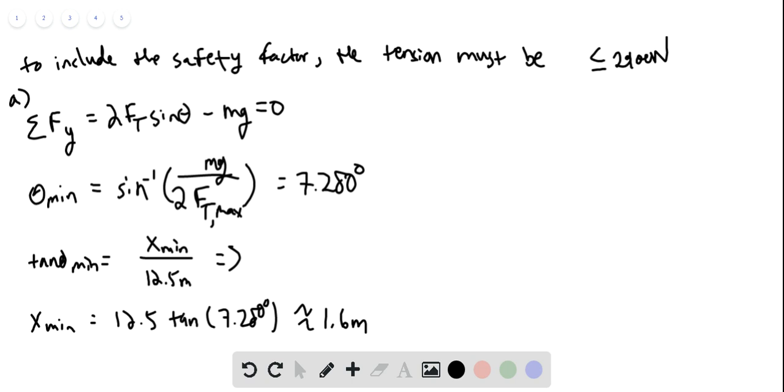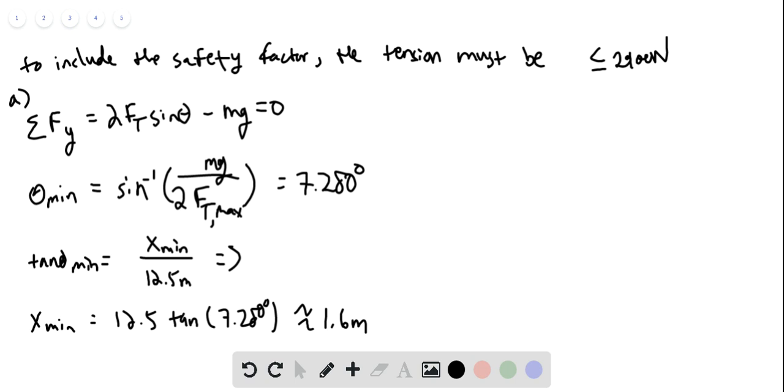And so we have the exact same equation from problem 75, 2 times the y component of the tension, which is just Ft, the tension force, multiplied by sine theta, subtracted by mg is equal to 0. And with that, if we have the maximum force possible there, which let's just call it 2,900 for now, then theta would be,